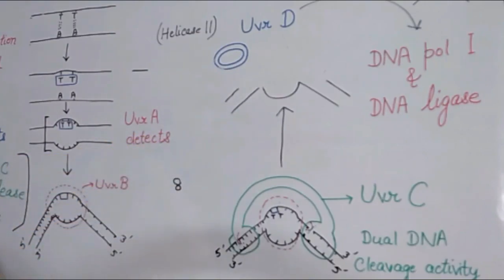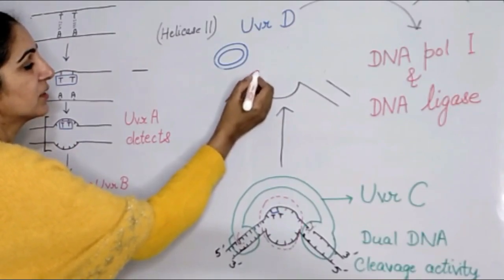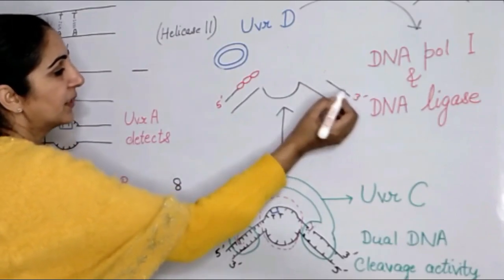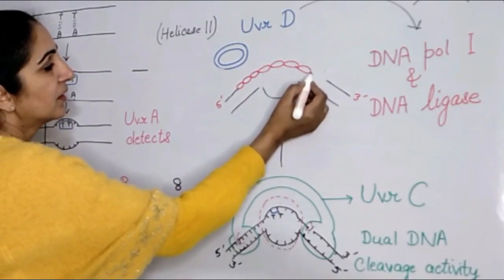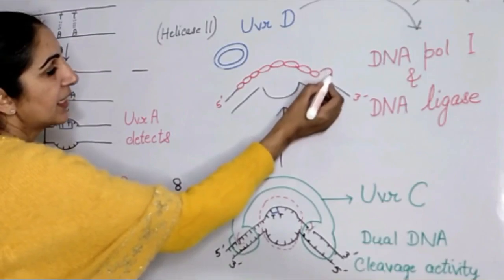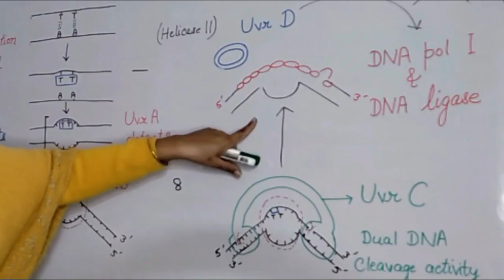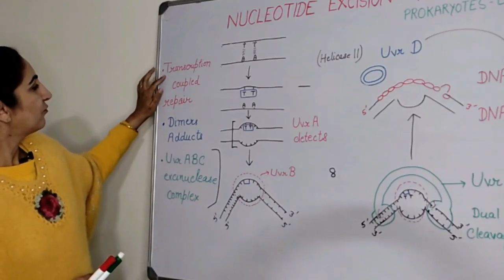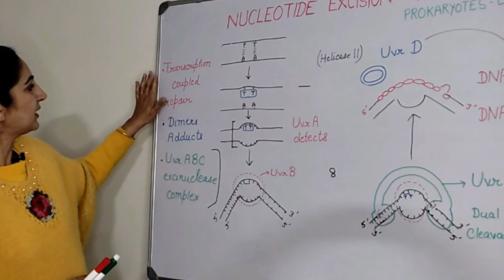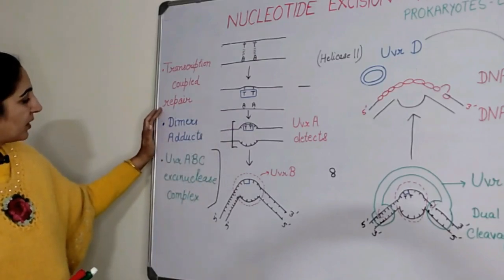After this, DNA polymerase I comes. DNA polymerase actually attaches the correct nucleotides from 5' to 3' end. And the last nick which is left after attaching the nucleotides, the nick which is here, is ligated with the help of DNA ligase enzyme. So this is how the defect gets removed and we have a normal correct DNA molecule here. This type of repair actually gets done when transcription occurs. So this is known as transcription coupled repair, and it helps in removing the dimers as well as